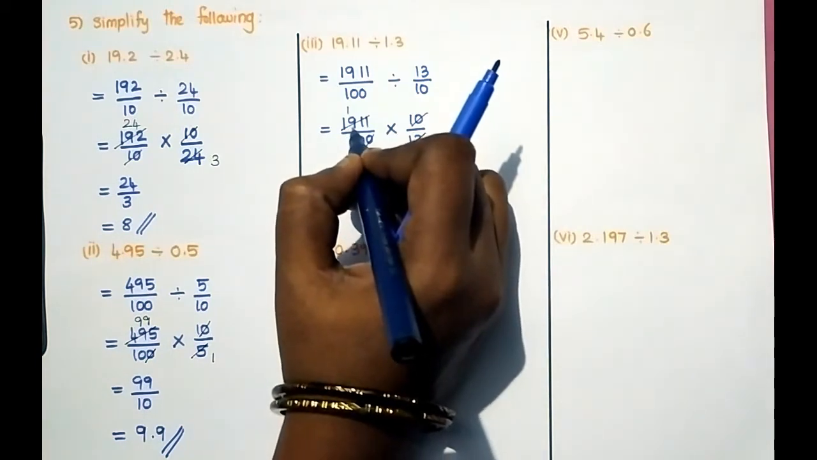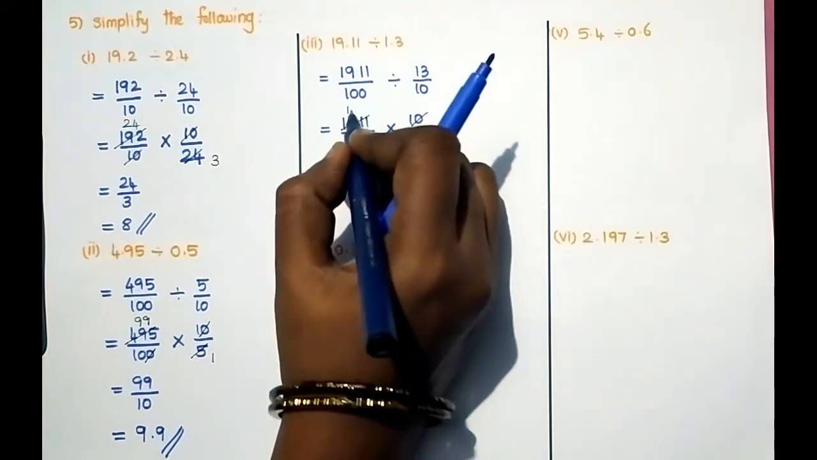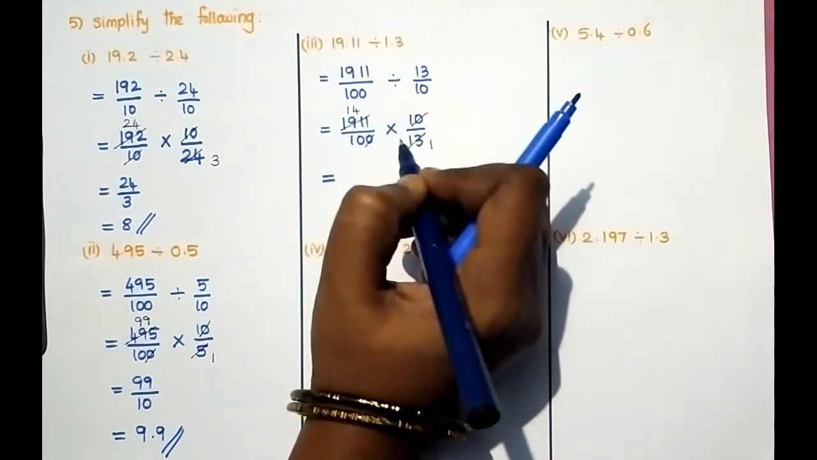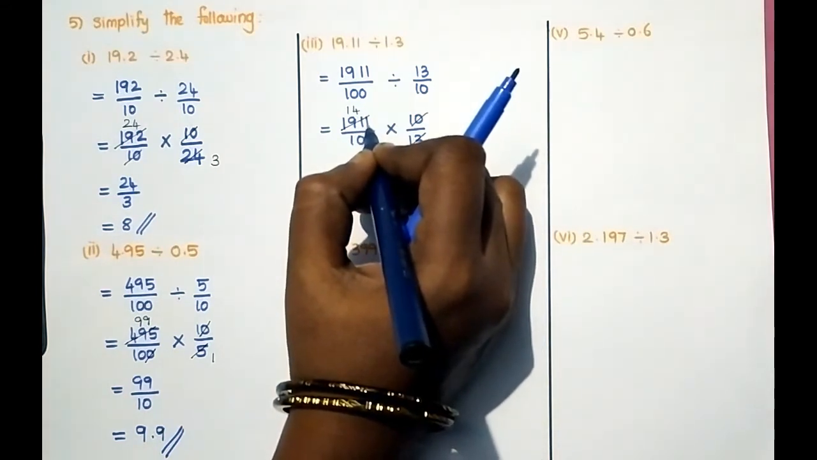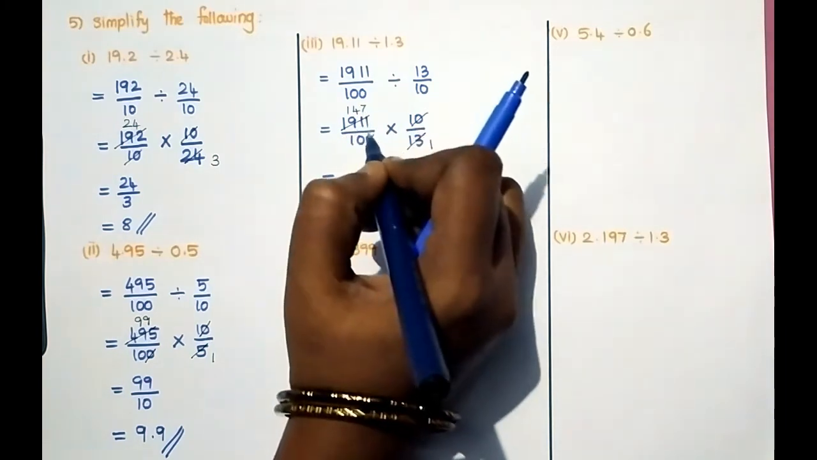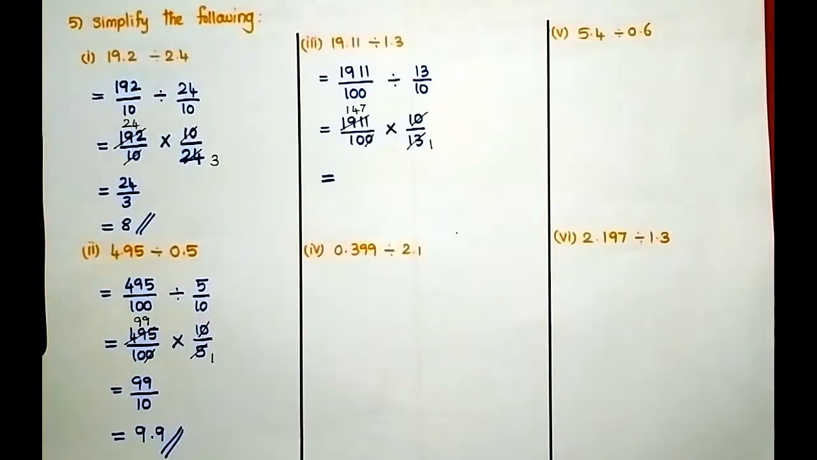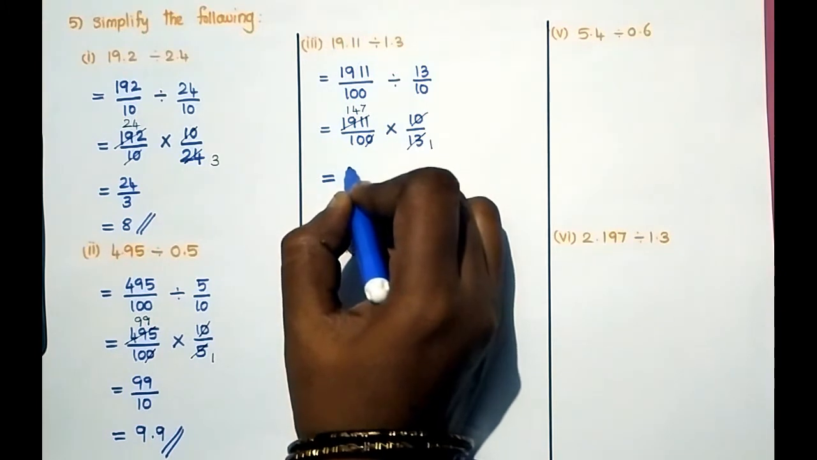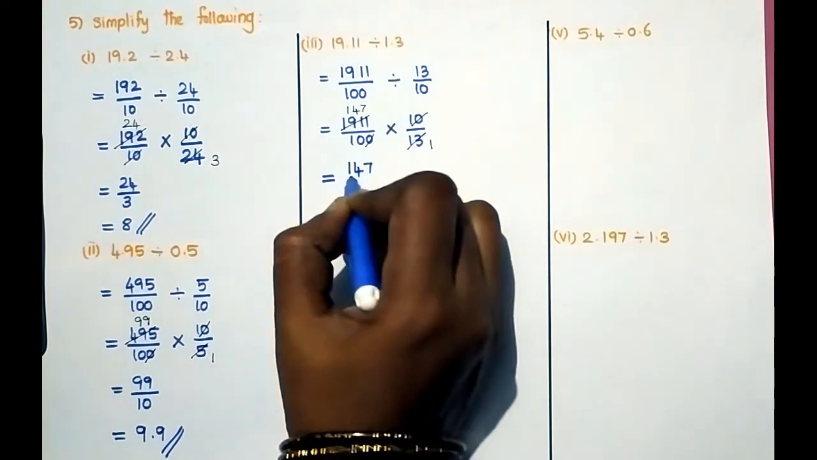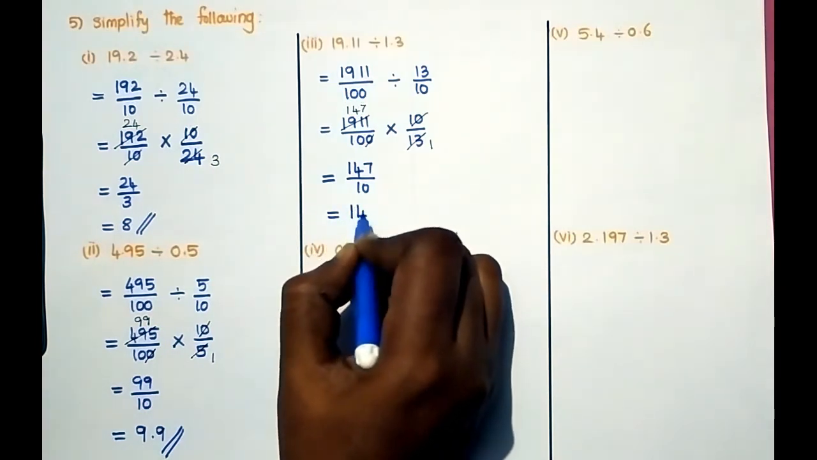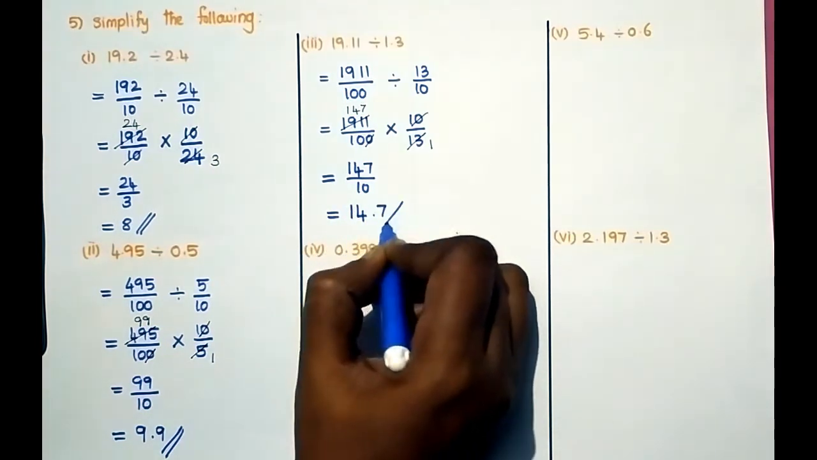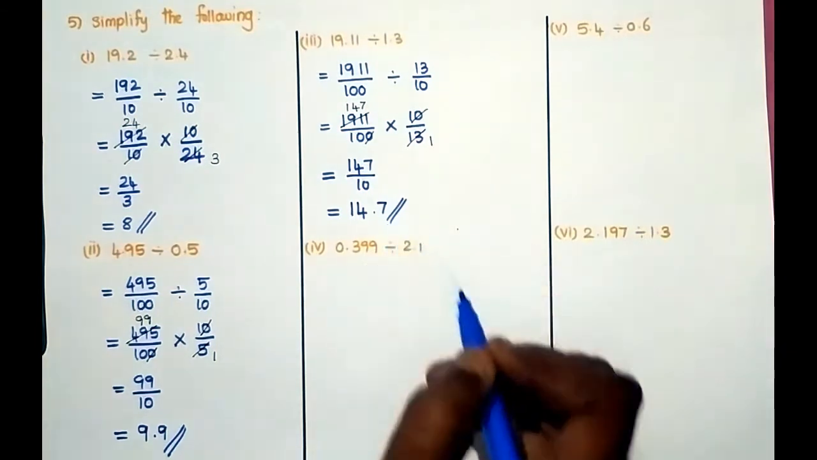Balance 6. It becomes 61. 4 13s are 52. Sorry, balance 9. It becomes 91. So that is 7. 7 13s are 91. So remaining number 147 divided by 10. So what is the answer? 14.7 is the answer. Next sum,